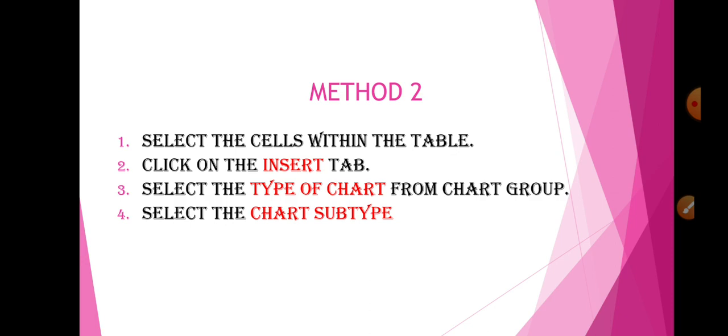So you have to choose which type of chart you want: bar chart, graph, line chart, or pie chart, any chart. So many chart examples are there, we have seen in our first video. So types of charts we also knew, and from that, whichever you want, you have to select it. Okay, it will be converted like that only.